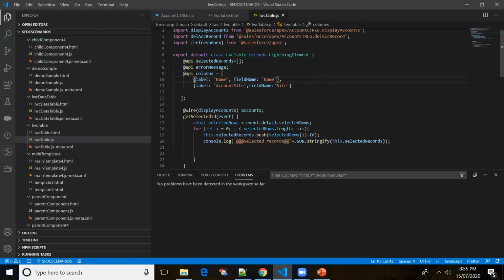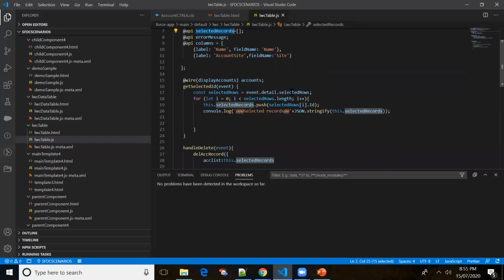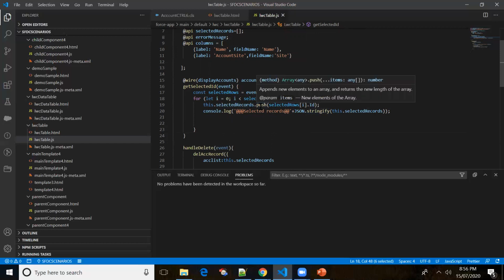Okay. So I have created an array list, right? User may choose one record, he may choose more than one record, right? So event.detail. So basically, I'll be getting the selected records. I'm just iterating. If it is one record, then there is no use of a for loop, right? Since there are multiple records, user may select one record or he may select multiple records, right? So dot length, and we'll be just pushing the selected record. We'll be just adding the selected records to the array. Push is the method. By using the push method, we will be able to add the records to the array, right?